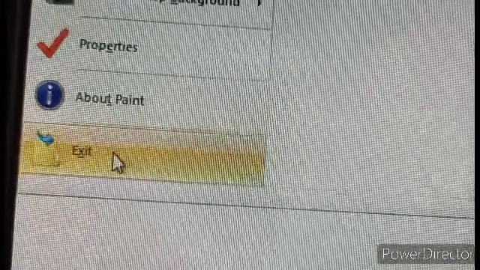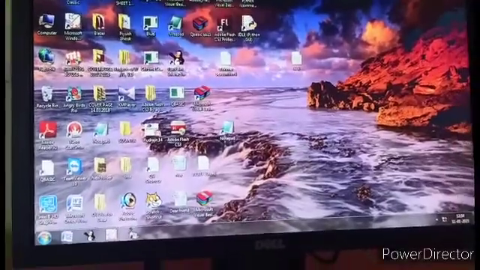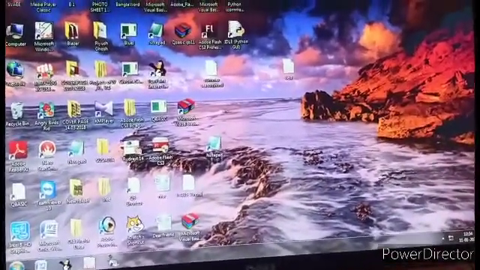Either way, or the shortcut way is to just click on this cross, and your MS Paint window has gone. Understood?